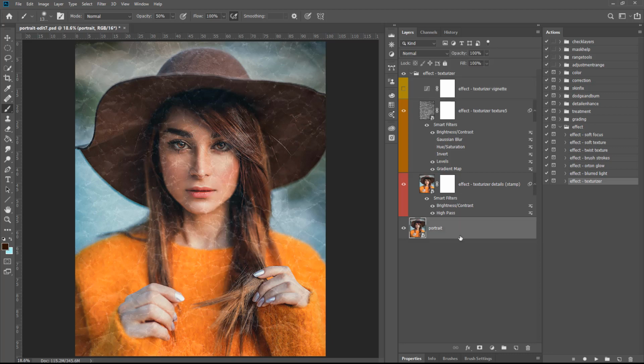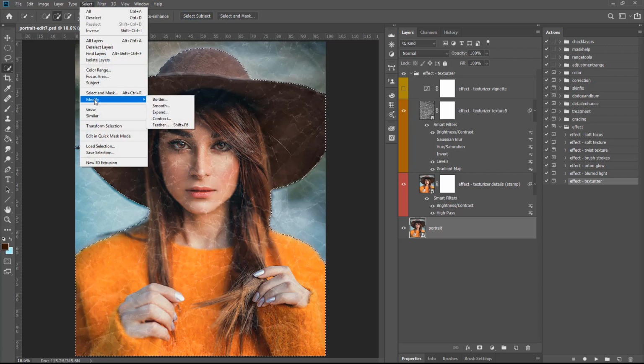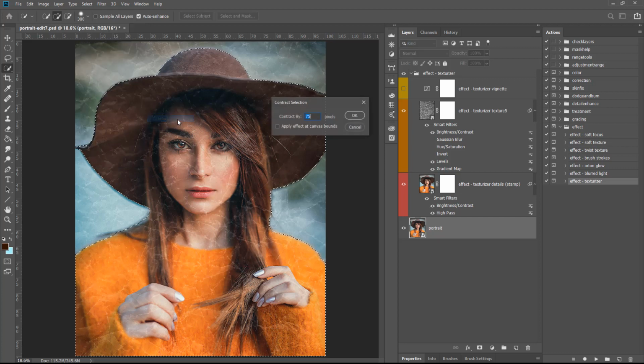I'm going to select this portrait, the original file, and I'm going to simply select subject here because I want to remove it from her. But I'm going to do a little bit of modification here. You don't have to do this, and select subject may not work, but you can do any particular operation you need to get the selection that you're looking for, whether it's just brushing on or whatever you're looking for. Okay, so I've got